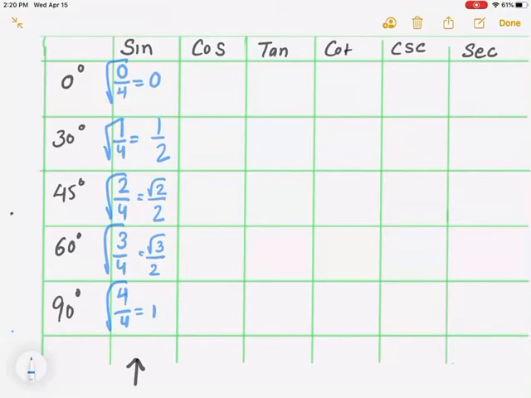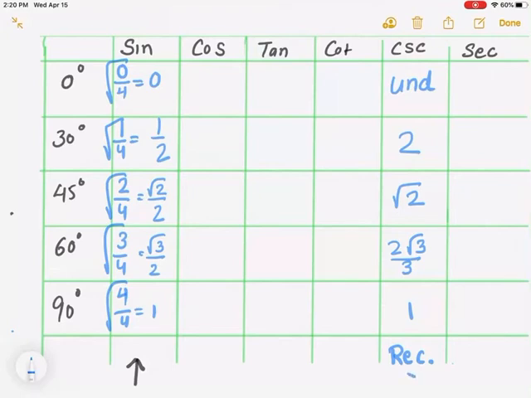First, what I know is sine and cosecant are reciprocals. So sine's reciprocal is cosecant. If I know the sine ratios, I can flip every fraction, and that would be my cosecant ratio. For 0, the reciprocal is undefined. The reciprocal of 1/2 is 2. Radical 2 over 2: flip the fraction, then rationalize. It would be radical 2. Radical 3 over 2: flip the fraction and rationalize. It's this, and 1. Here you go. Now,